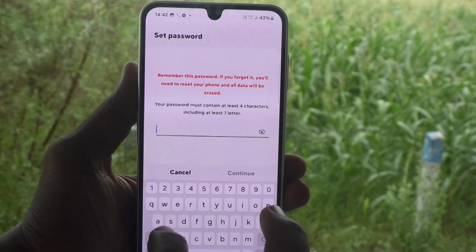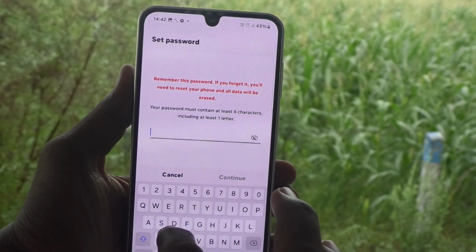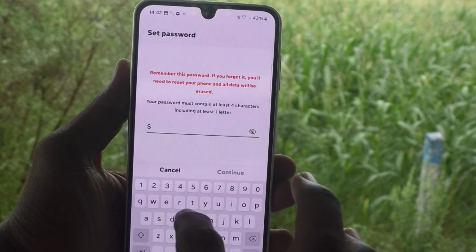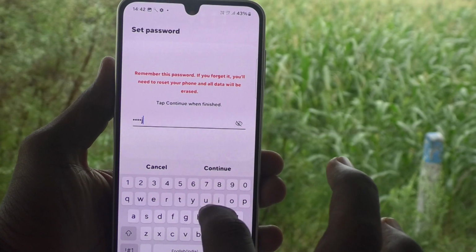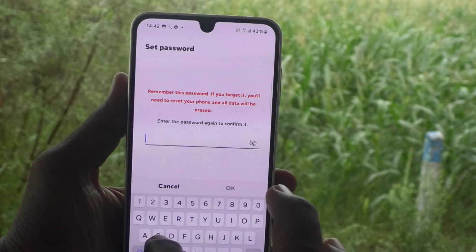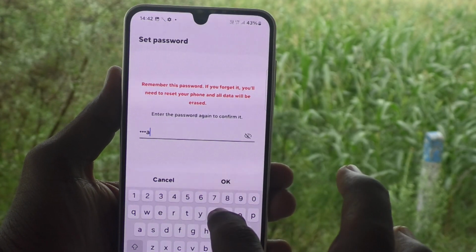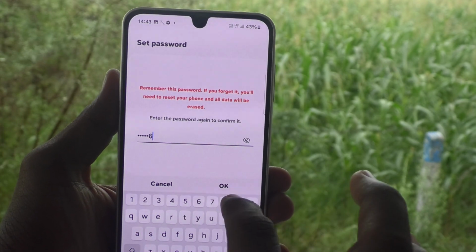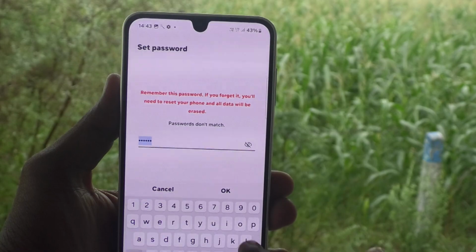Okay, here I would like to set that Siraj 6. Okay, click on continue. Again I got to type the same one. Okay, type the same one, Siraj 6. Okay,